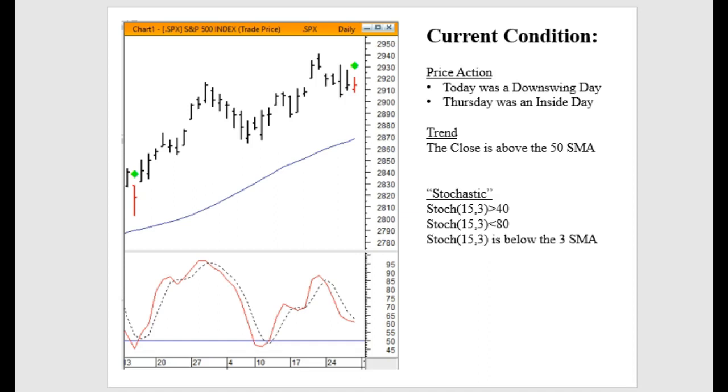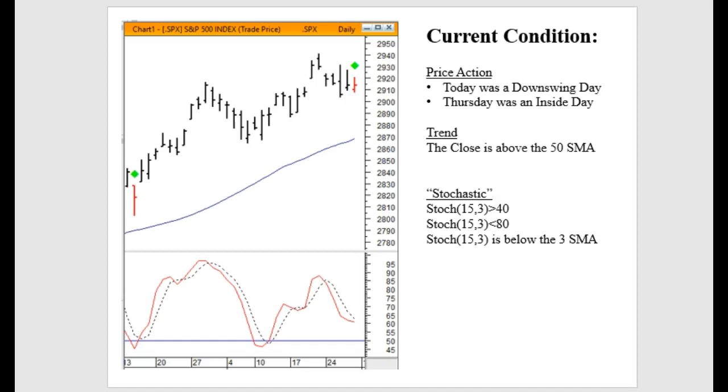All 3 timing reports are pertaining to the current market condition. We define the current market condition in 3 different ways: price action, trend, and the stochastic situation. So you can see on Thursday we had an inside bar, and Friday we had a downswing bar, where you had a lower high and a lower low. Okay, so price action wise, the fact we have an inside bar on Thursday means that we're not going to have a whole lot of